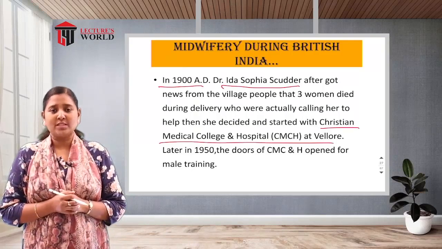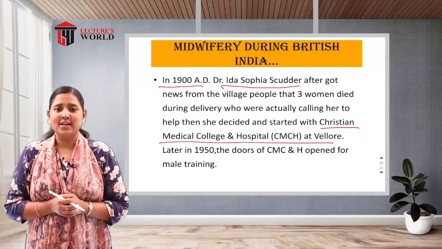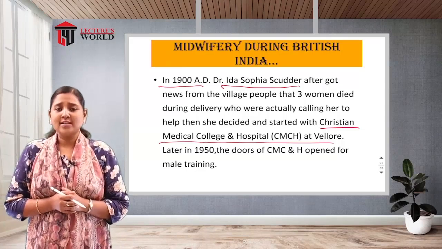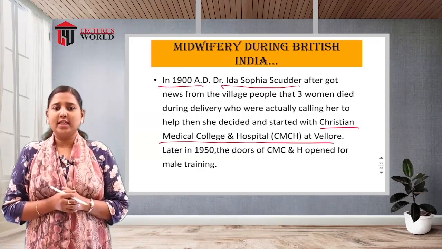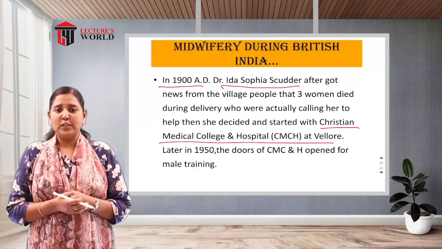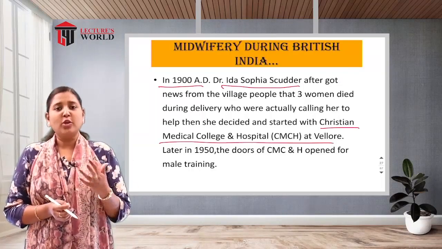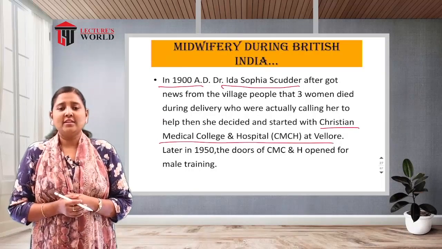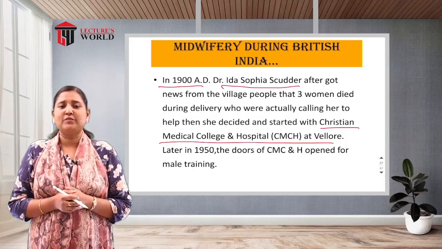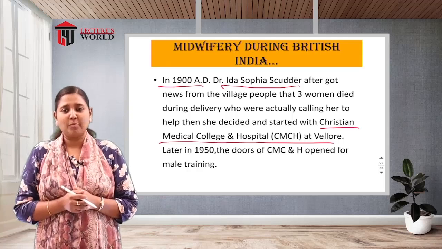It's a famous hospital. Still now it is working in Dr. Ida Scudder's name. Who is this Ida Scudder? During the British ruling of India, Ida Scudder's parents were working as British authorities at Vellore in the southern part of Tamil Nadu, South India. Ida Scudder was a small teenage girl who visited her parents on vacation from England. From Britain she came to India, to Vellore, and she was staying at her parents' place.